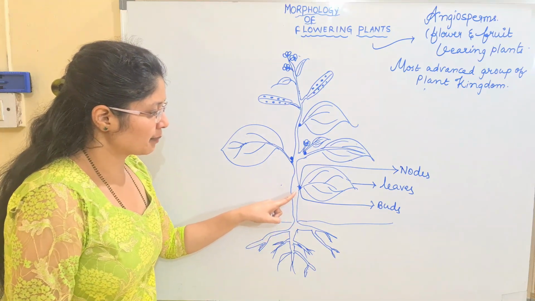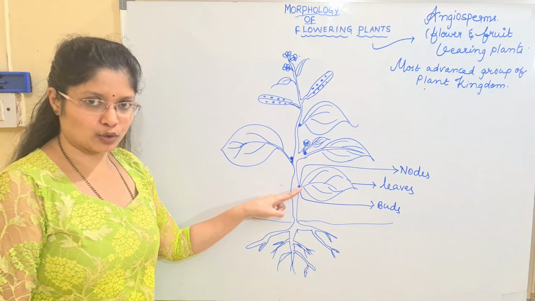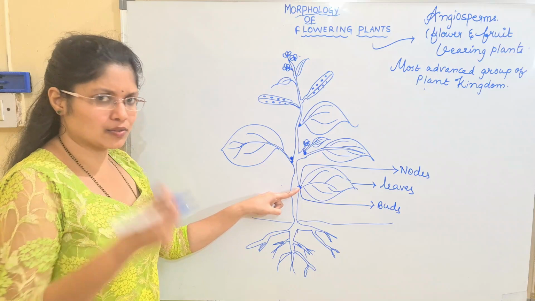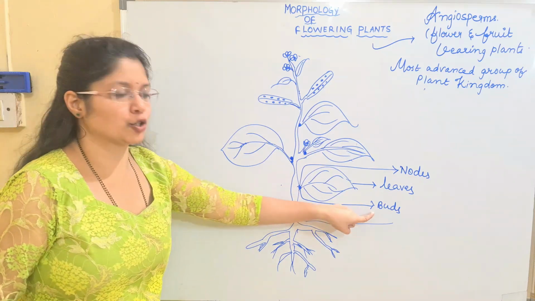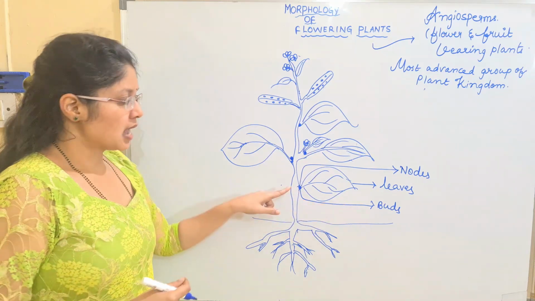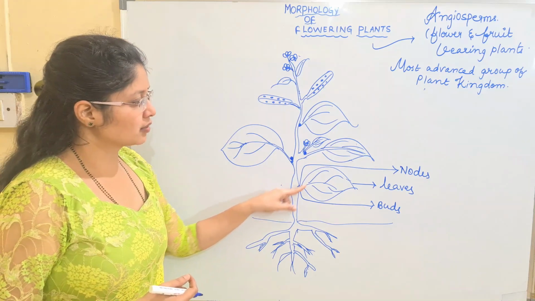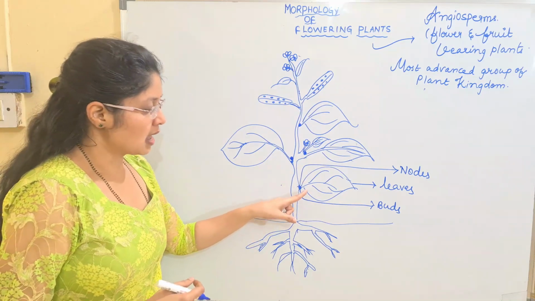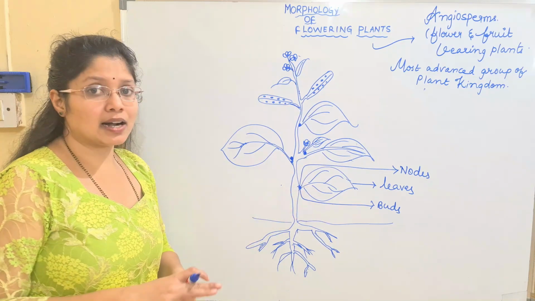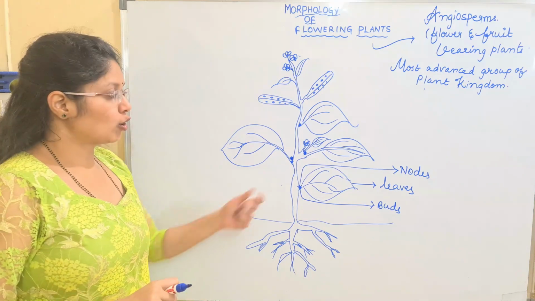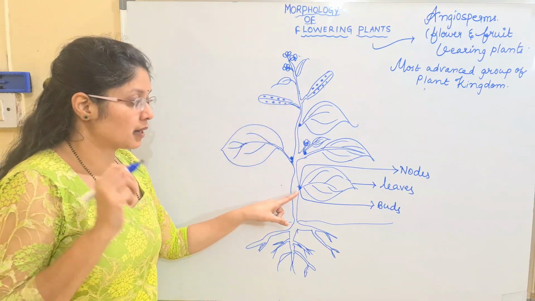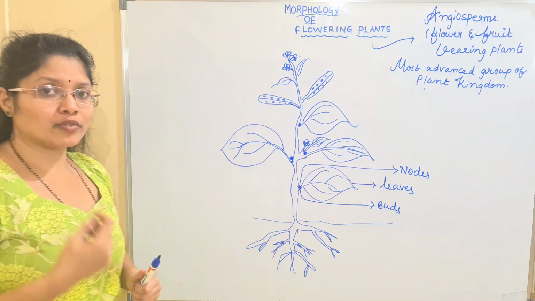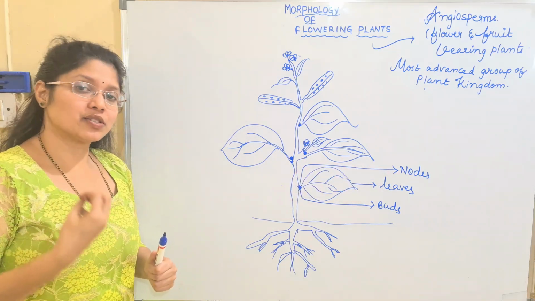The first important thing I am telling you: there are buds present on the plant. These are the small, globular structures present on the plant body. These are said to be the buds, spherical structures, and below these buds we have the leaves which are arising. So we have many leaves arising on the plant, and these buds and leaves are attached to a specific point on the axis, and that particular point is known as the node. So node is a point from which the buds and the leaves arise.